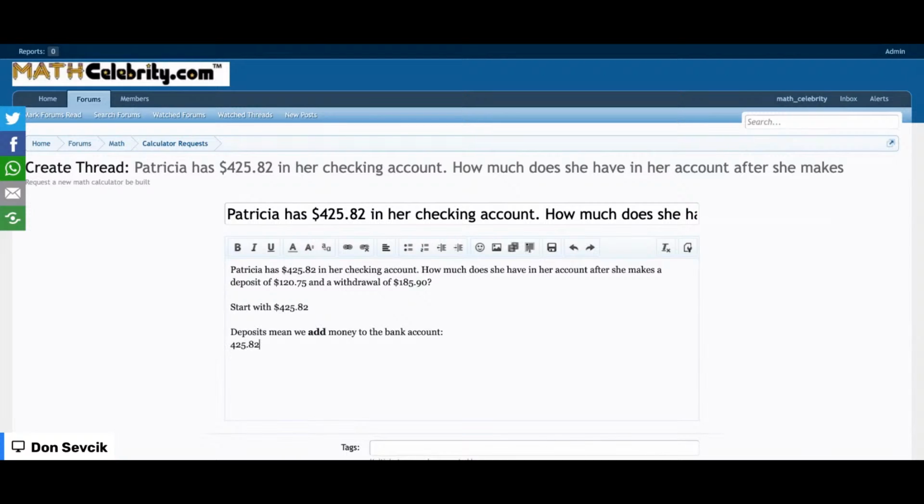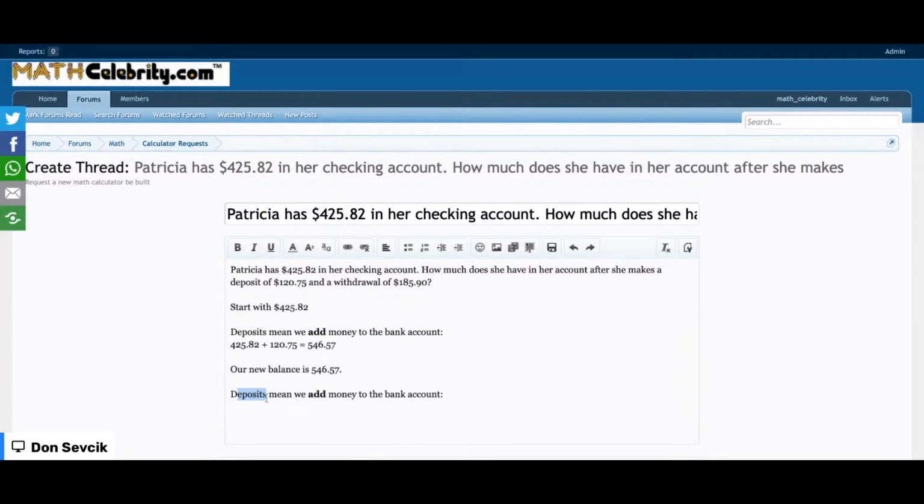So $425.82 plus the deposit of $120.75 equals, use your calculator, you'll probably beat me, $546.57. Our new balance is $546.57. We'll just put that here. Okay, now, next step